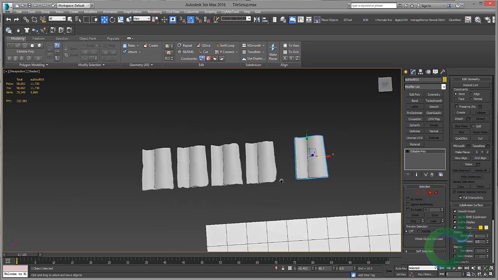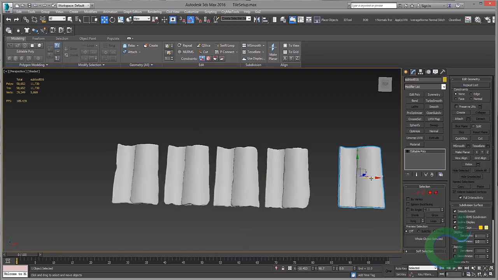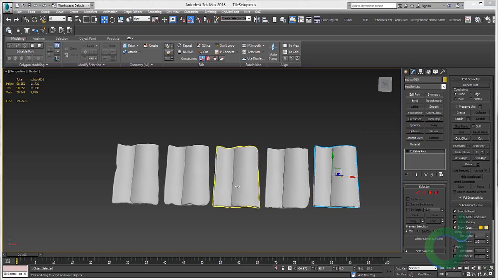So, same scale, same height. With this done, we can start with the placement. So, before I go and do the placement, there is a script that I will make a lot of use